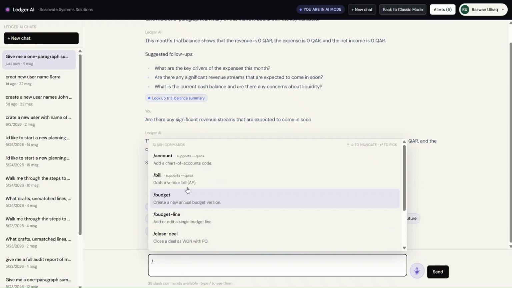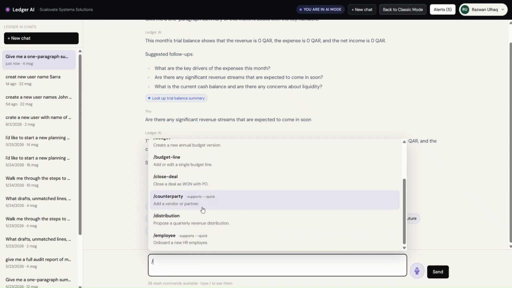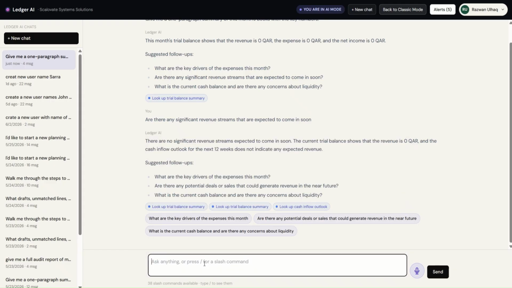Then you can add a new bill, you can add a new account to the chart of accounts, you can create a budget line, you can close a deal. So there's a lot of these things happening right here. Now if we would just go and say create a new customer with, let's not do customer, create a new team member